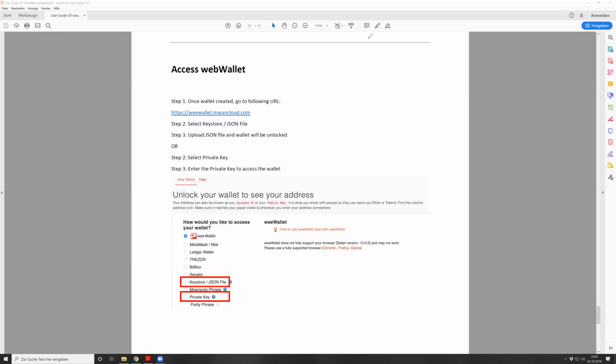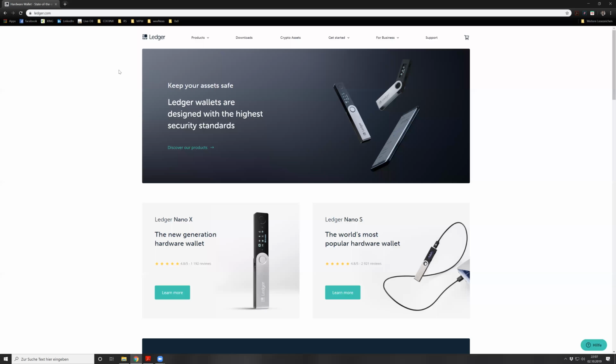But one piece of information I want to give you is the way to get a hardware wallet if you decide to order one, because on that way of getting a hardware wallet, some things can happen, and I just want to explain what you have to do there. That means if you decide to order a hardware wallet,